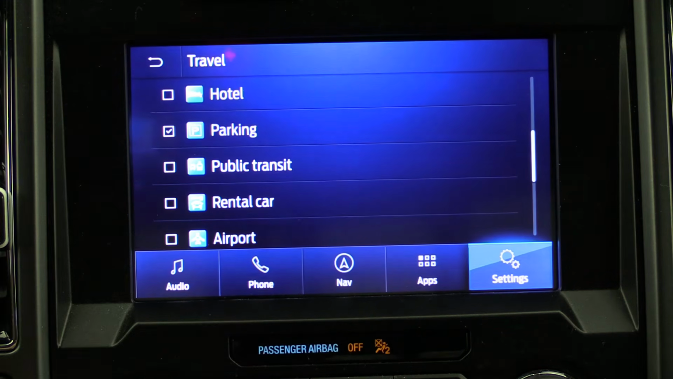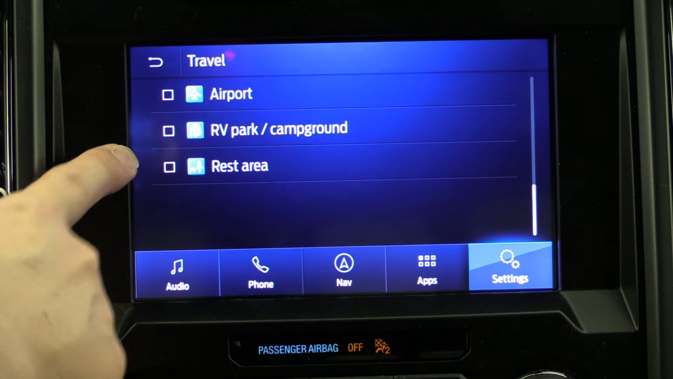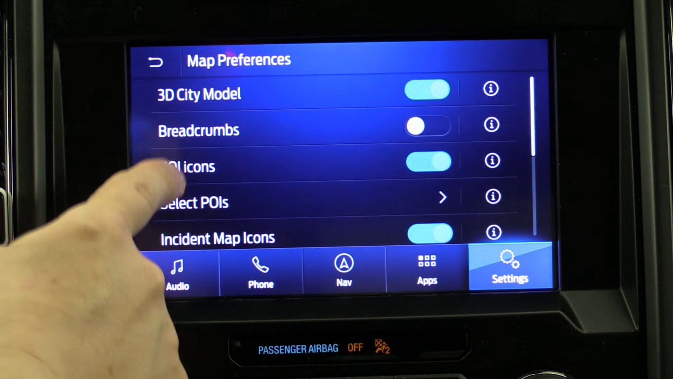Parking, so I want to click on parking. So it shows me those as well. You know, maybe you want airport. They're usually pretty easy to see on the map. But rest area would probably be a good one too. So then when you go back to the map,